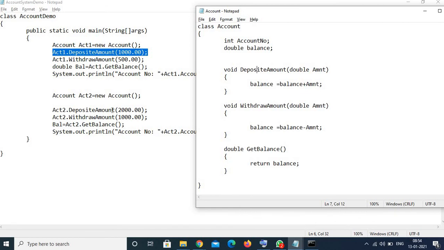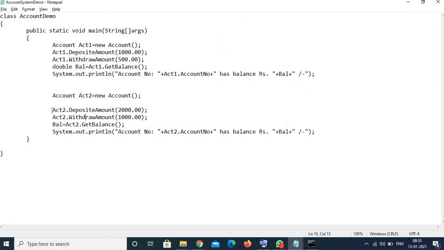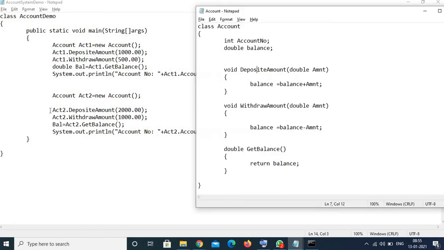Now when we call deposit amount with act2, the copy of the balance variable of act2 will be worked on. So act2.balance is 0, and 0 plus 2000, the 2000 which we are sending and which is received here, so act2.balance will become 2000.